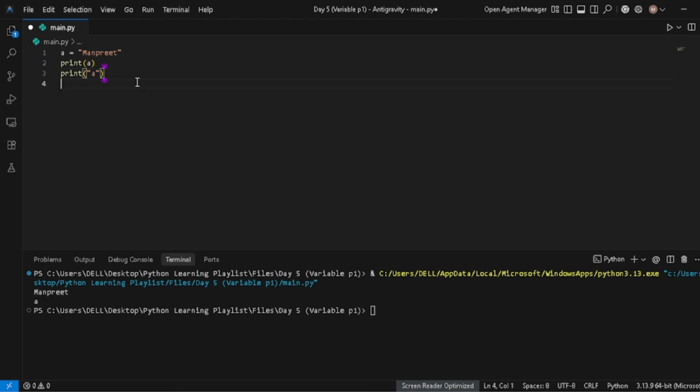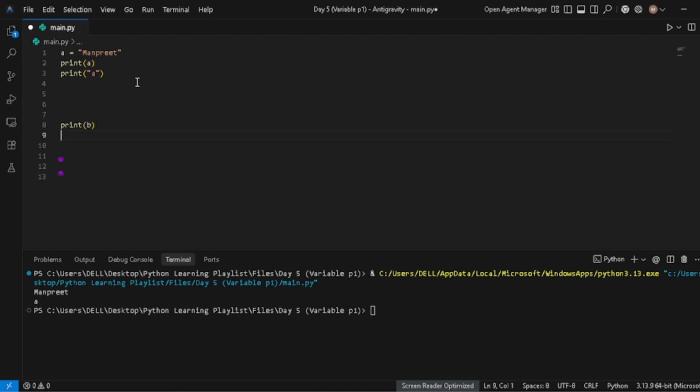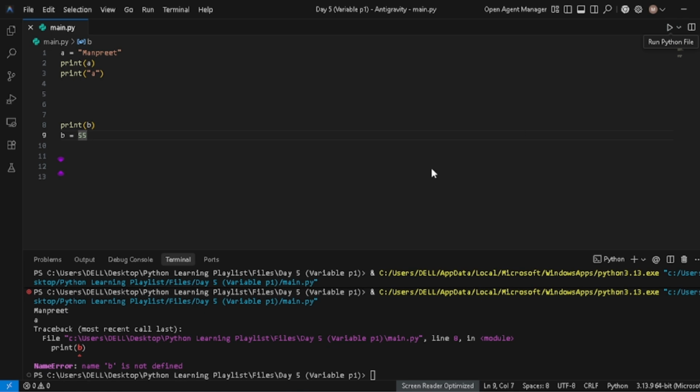Like if I added multiple lines over here. In between I added print b. I added b over here, and then further down I defined b as 55. Now if I run this, it must give an error. Run. So it gives an error. Why? Because Python only searches for b in the lines before, not after that one. So you must define a variable before printing it. Okay,